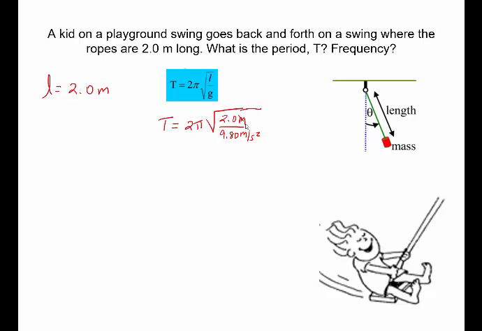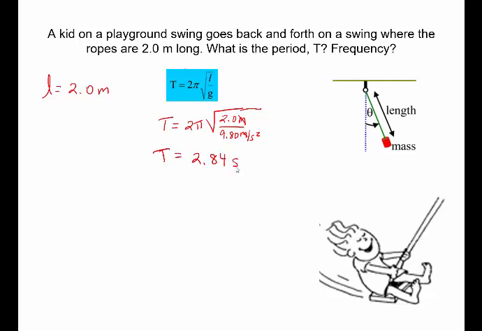So from this, we can see that our meters cancel. We're going to end up with a period in seconds. That's always a good sign. So we'll take 2 divided by 9.8, and then we'll take the square root of that and multiply by 2 pi, and we get 2.84. So our period is equal to 2.84